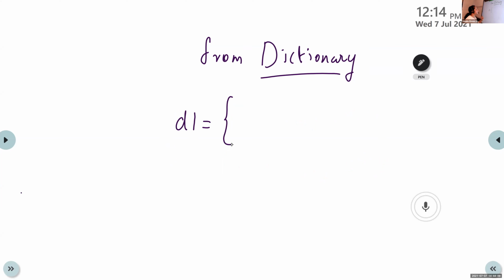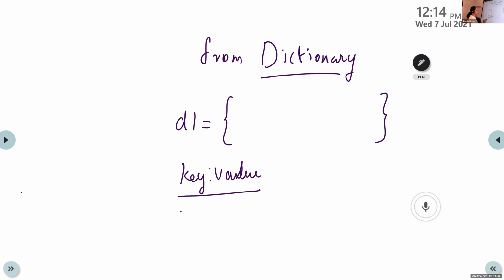In the case of dictionary we are using flower brackets. Here we are using different pairs, key value pairs. Dictionary means it's a collection of key value pairs.